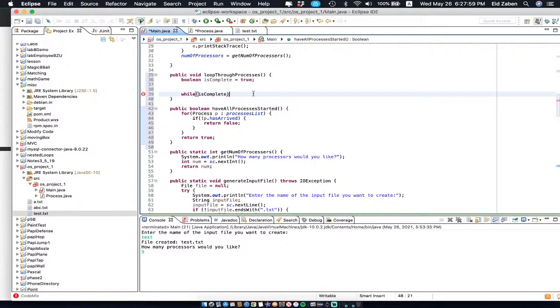So what we're going to do in here is set is complete equal to have all processes started, and throw on the parentheses. Oh, okay. While is complete. So while not is complete. Now